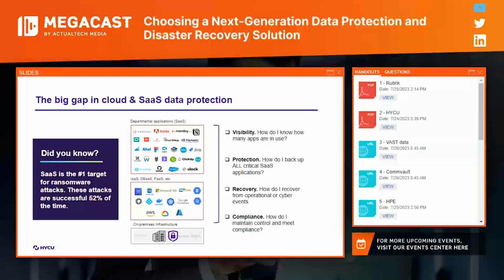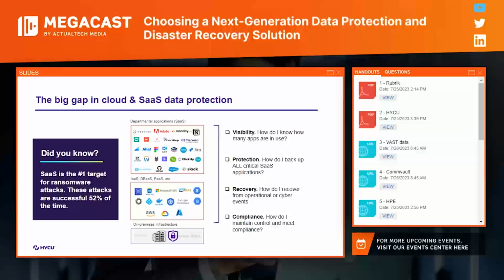What we see, of course, with a lot of organizations that some say, no, we don't use cloud, but in the meantime, they have an Azure AD or Microsoft 365 or departments that use different SaaS applications. So it all starts with knowing what you have within your organization and where your business critical data is. Then second, of course, how do you protect all?